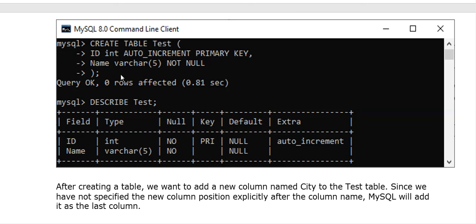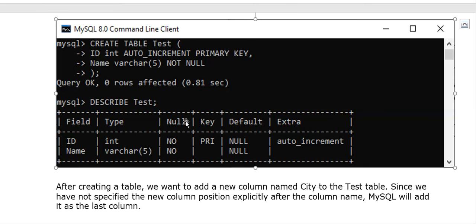If I want to see how the table looks, what the structure or schema of the table is, I can use the command describe. Describe is the command to see the schema, or structure, of the table, and it shows us the details. On test, you can see field, type, null, key, default, and extra.